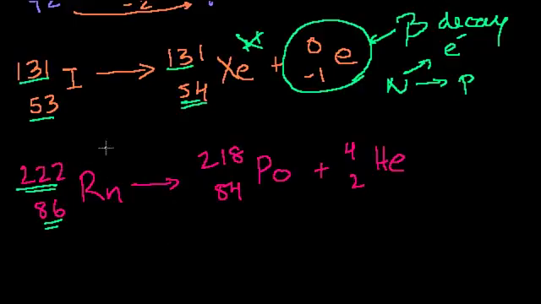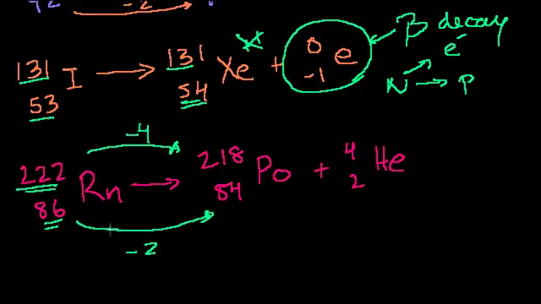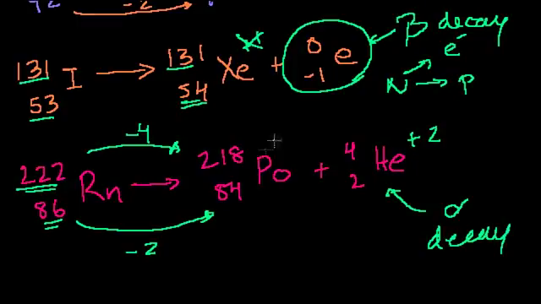So what happened? Our atomic mass went down by 4. Our atomic number went down by 2. Once again, we must have released a helium particle, a helium nucleus, something that has an atomic mass of 4 and an atomic number of 2. And so there we are. So this is alpha decay. We could write this as a helium nucleus, so it has no electrons, and we could even say immediately that this would have a negative charge, but then it loses